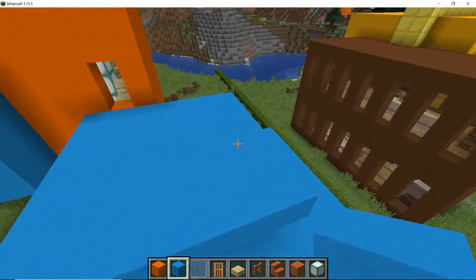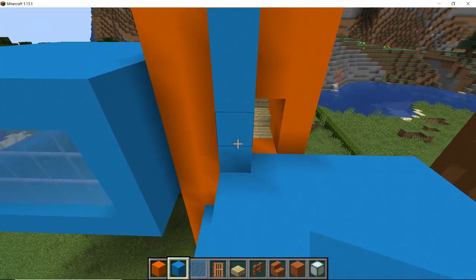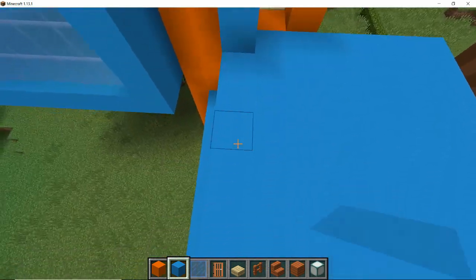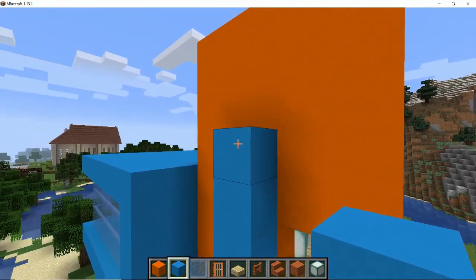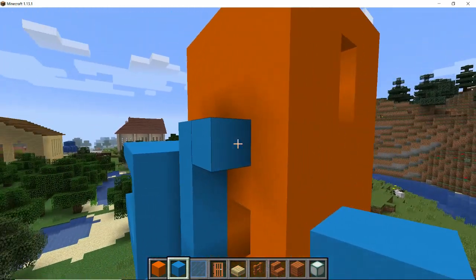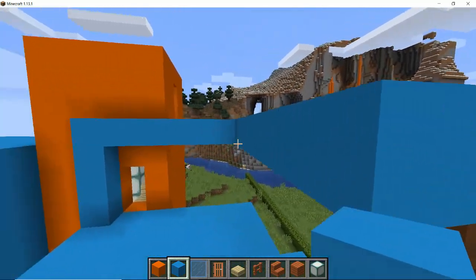So that's a 7 block square. You then want to come up by 4 more, 1, 2, 3, 4, so you can have 3 rows of glass going around the edge, and then on the top row it's going to be a 7 by 7 square again, filled in with the light blue concrete. So 1, 2, 3, 4, 5, 6, 7 by 1, 2, 3, 4, 5, 6, 7, and fill that in